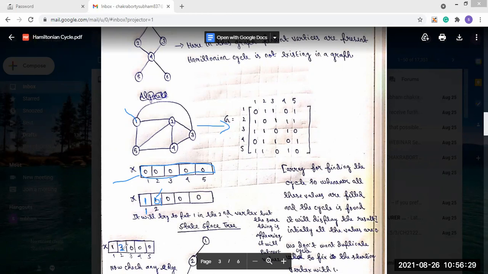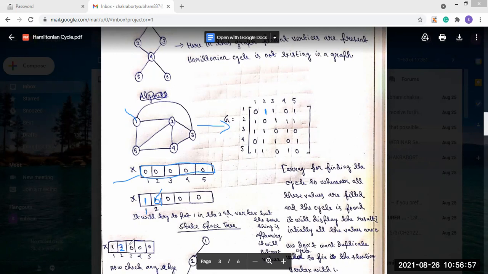Now, whenever we put the value 2, we will check whether there is an edge from 1 to 2 in the adjacency matrix. So 1, 2: yes, there is an edge present from 1 to 2. That means after putting the value, we check whether an edge is present or not.